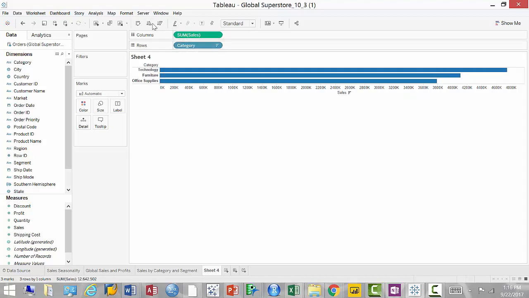Or I can do the same thing from here. There is a shortcut for sorting somewhere right here. Sort category. Well, it's already sorted, right? And I can sort it in the reverse order, in the descending or ascending order. Okay. And now what I can do is